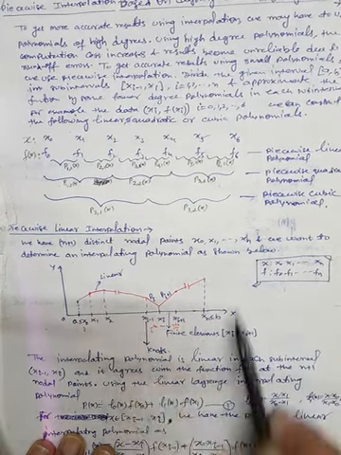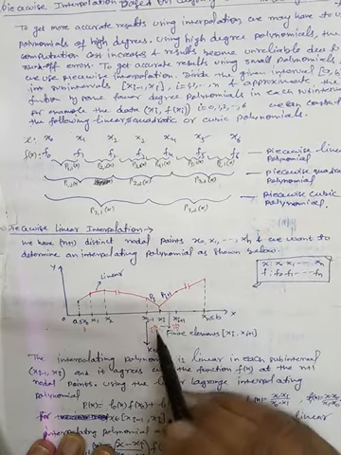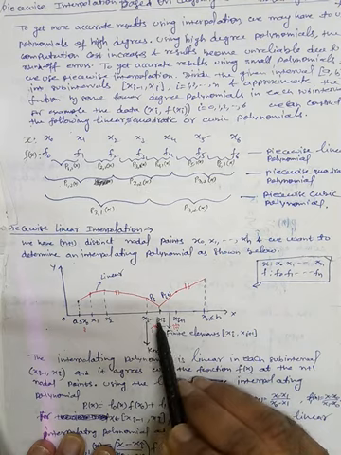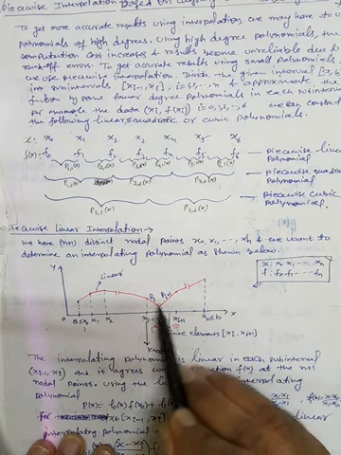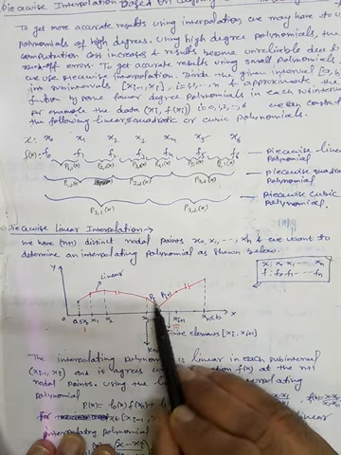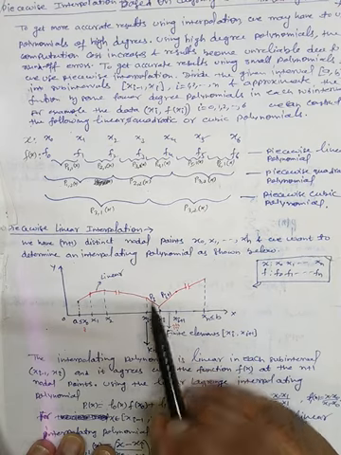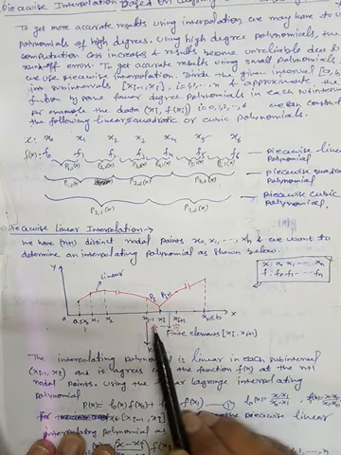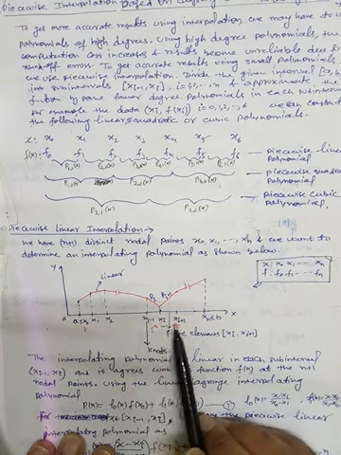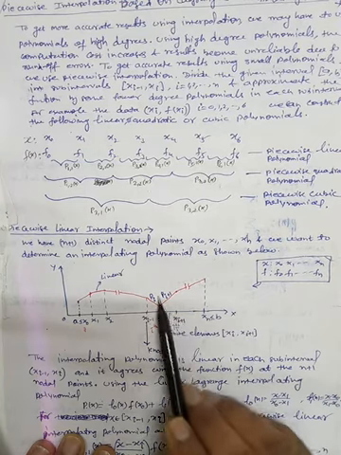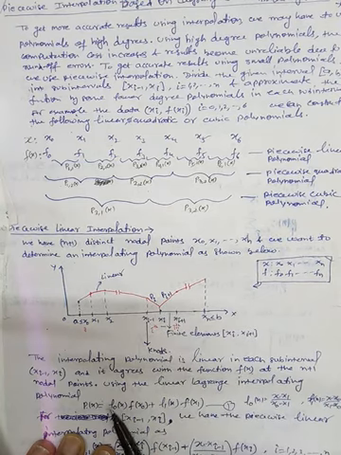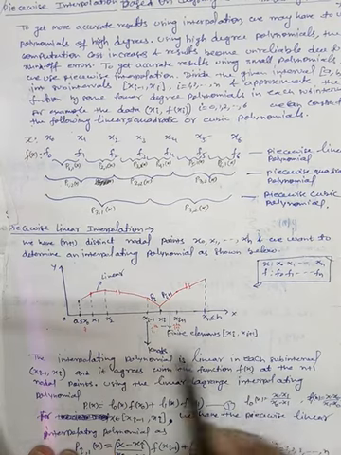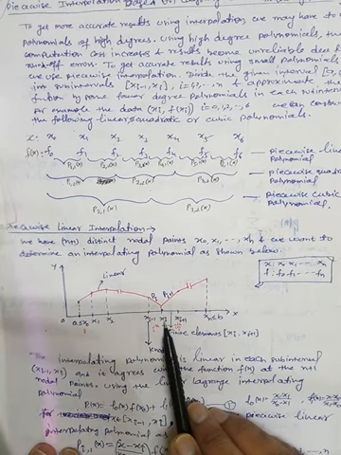In this interval, suppose we have any subinterval xi minus 1 to xi. This is any interval. So we are considering 2 points and trying to fit the polynomial pi, because here is the first polynomial, here is the second polynomial, so here will be the ith polynomial of degree 1. In the next interval from xi to xi plus 1, we have the next polynomial pi plus 1. Similarly, here the interval is xi minus 1 to xi.